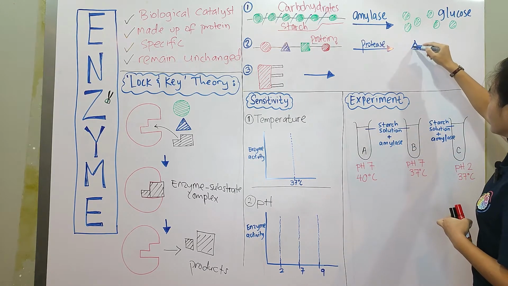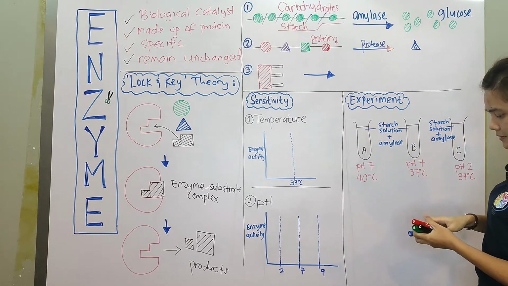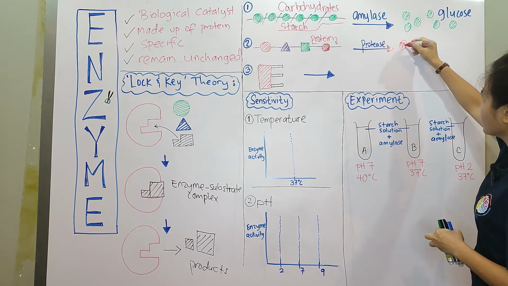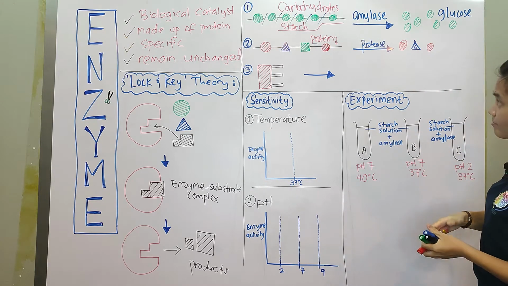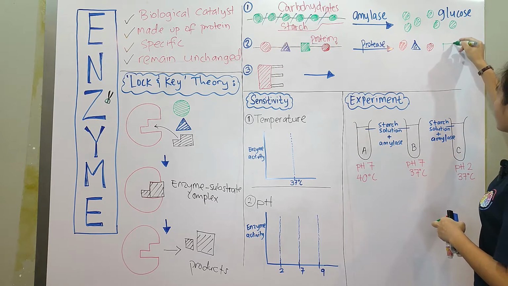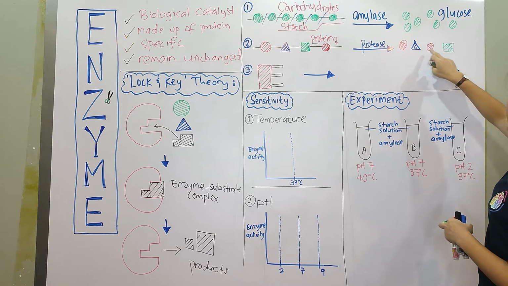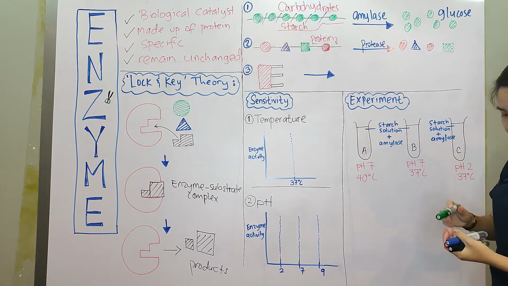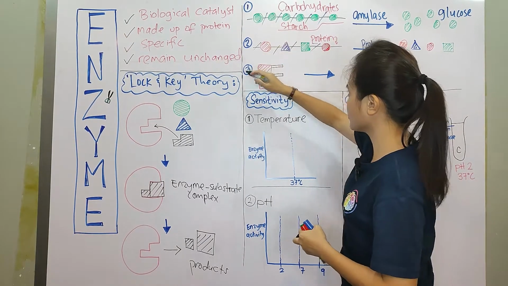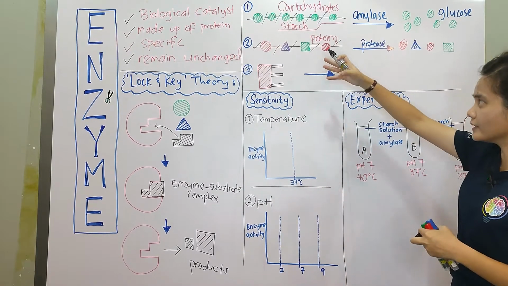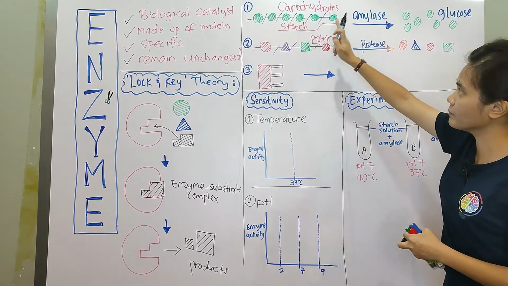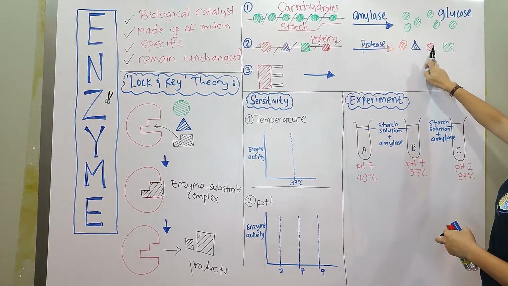So you have a triangle, then you have this red circle, and green. So you have amino acids, single molecules. They are not bonded anymore. Protease cuts the bond and releases the monomers. So a monomer is the single molecule that makes up the larger molecule. So these are the monomers.